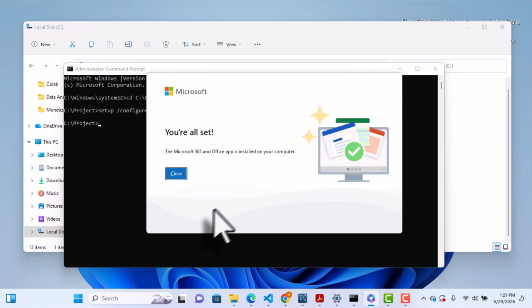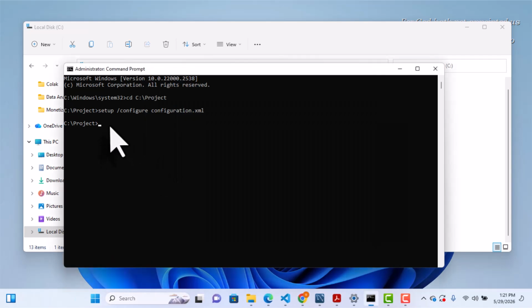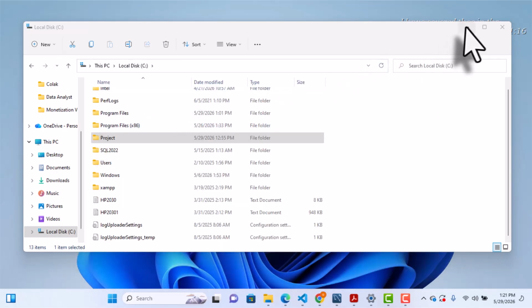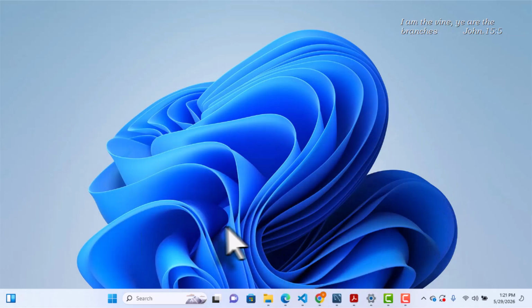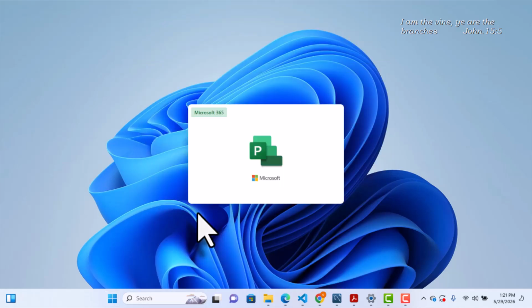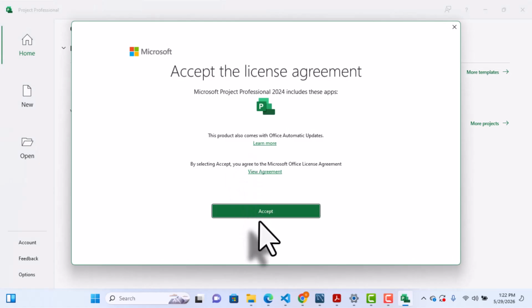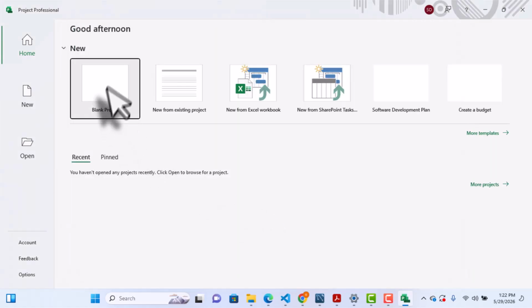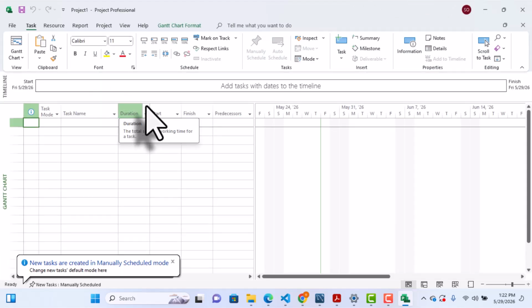With this, the installation process is done. Click on Close. Type Exit. Let's see what we have installed. On the Start menu, click on it, then click on Project. This will open up for you. Accept the license, then click on Blank New Project. With this, the installation has been